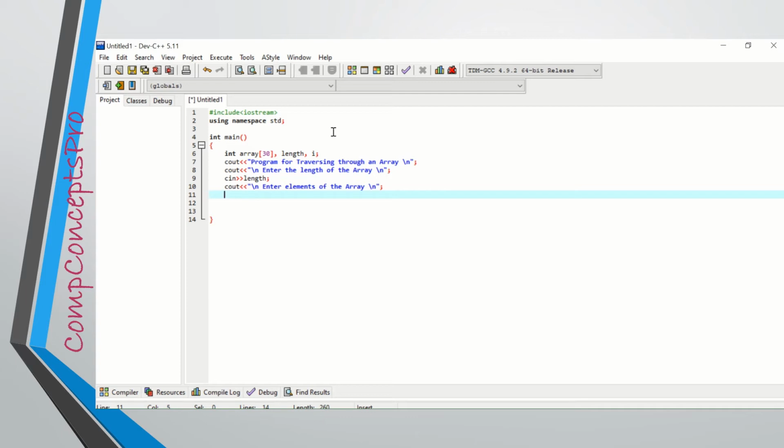So here the user will input the values, but before this cin statement I have to use a for loop. This for loop will run up to the length of the array. Because I am starting the loop from index value 0, I have to run this loop up to length minus 1. i is less than or equal to length minus 1. Then inside this for loop I'll be storing elements in the array.